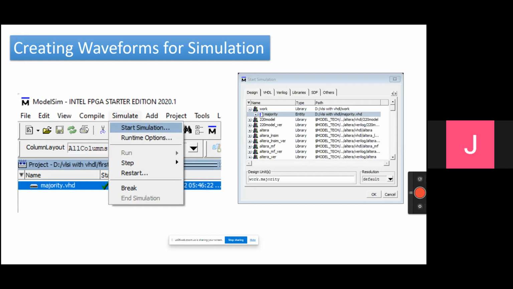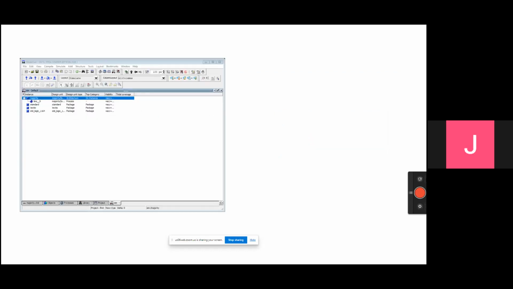I select majority and then click OK. Once I click OK,